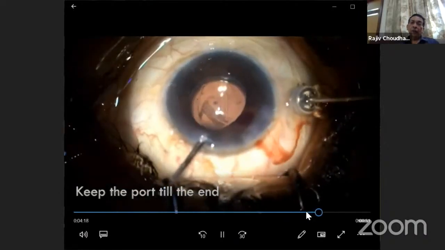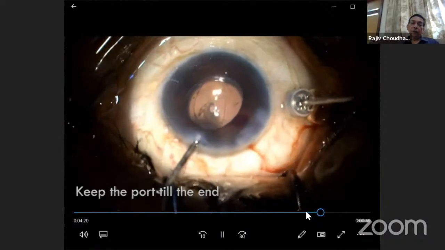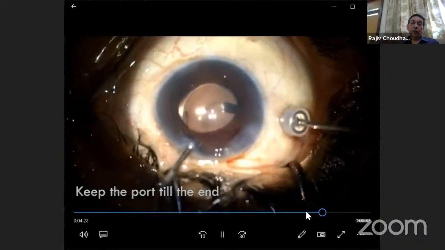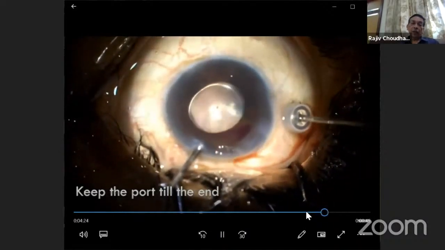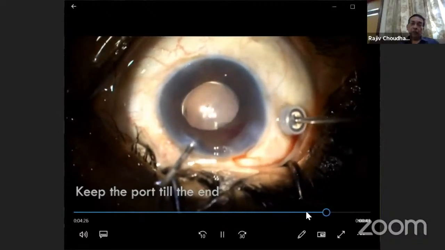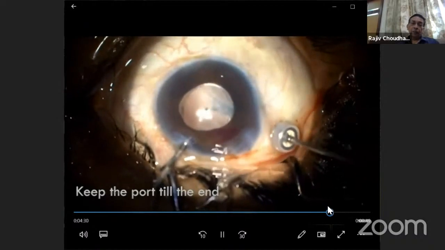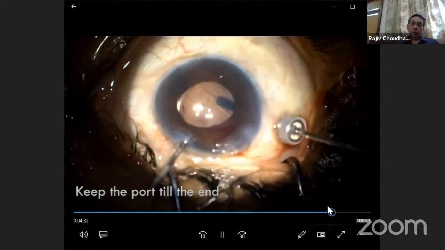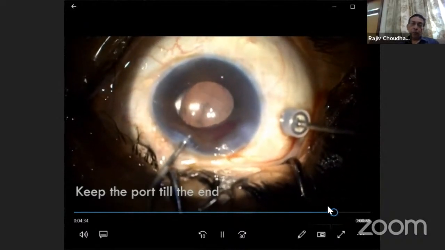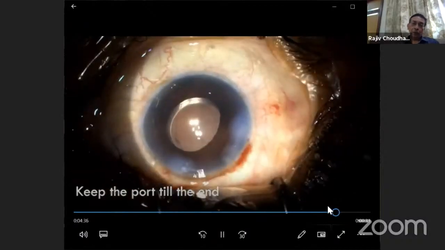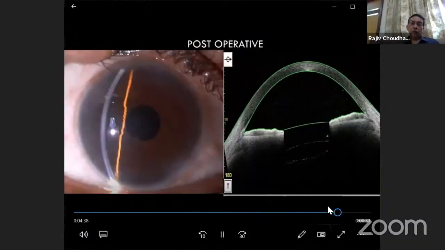Keep the port till the end, so that if you need it in between, you can manage this. And you don't need to have an infusion cannula. And now the post-operative.